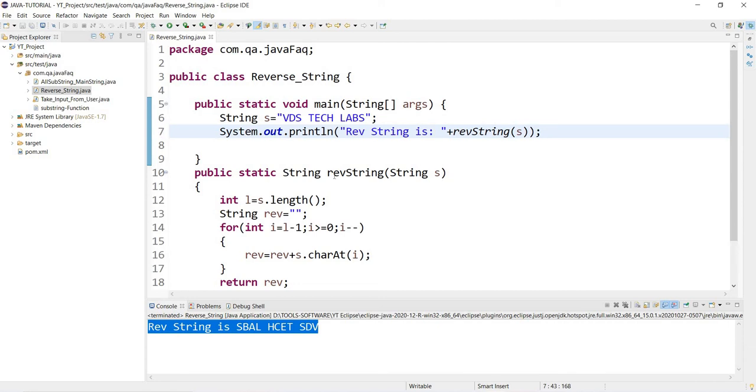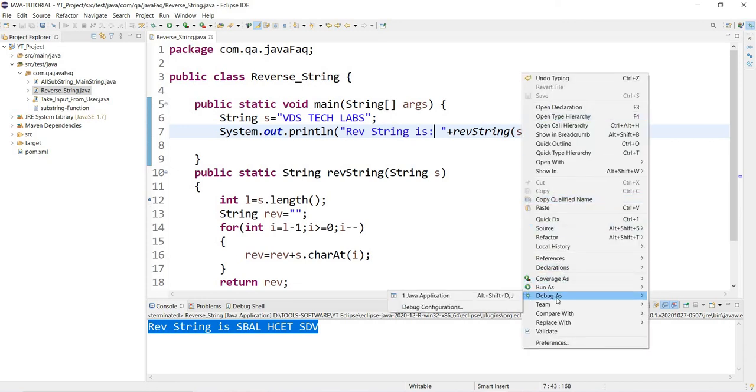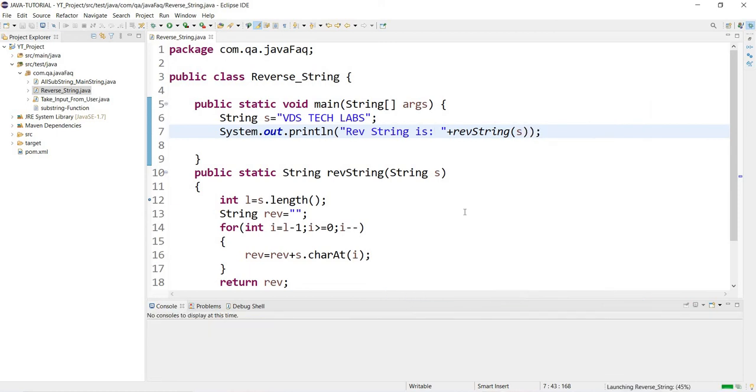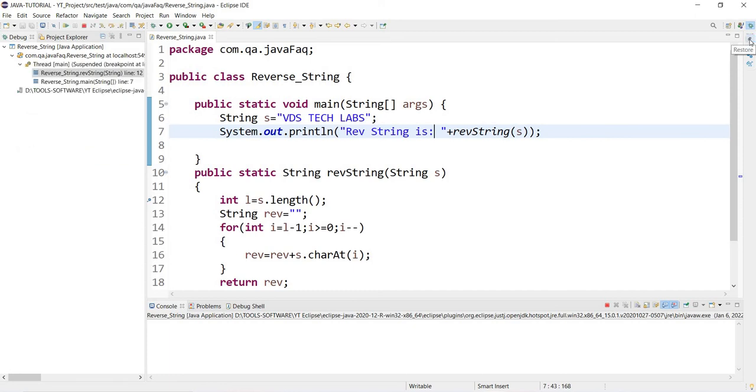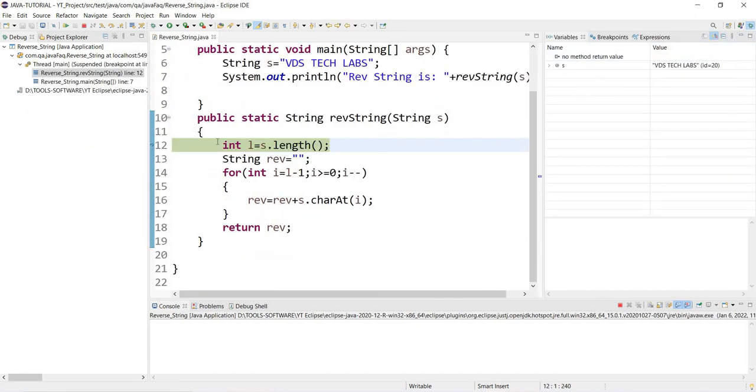Okay, so let's put the debug point here, and now we'll execute in debug mode as well. So now it will be clearer. See, I have started from here, and if we go here and step over, see, the length of the string is 13. Okay, and again we'll step over, see, the reverse ID is there, reverse has started, and now the